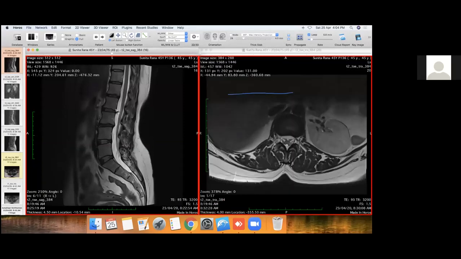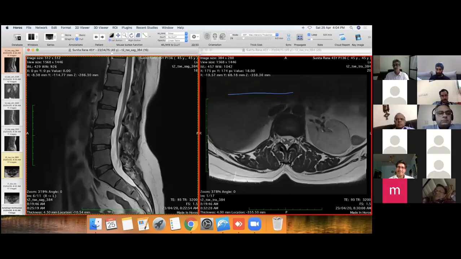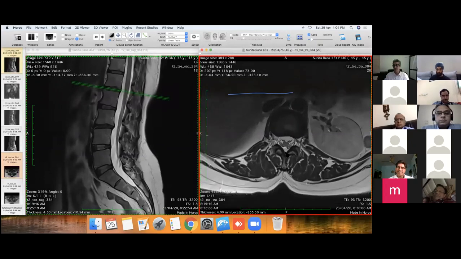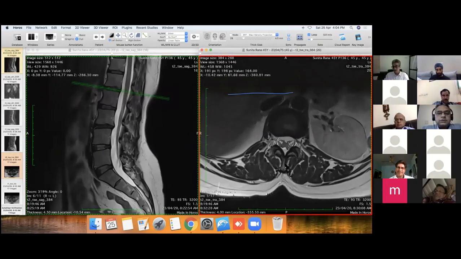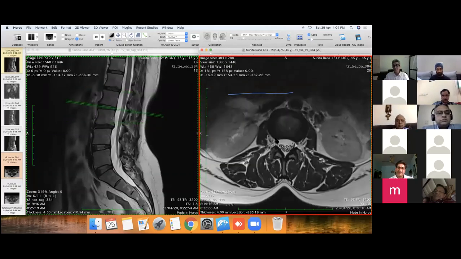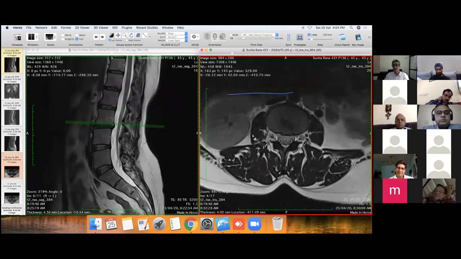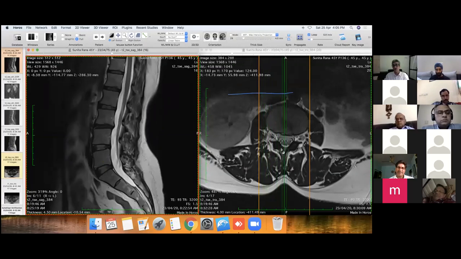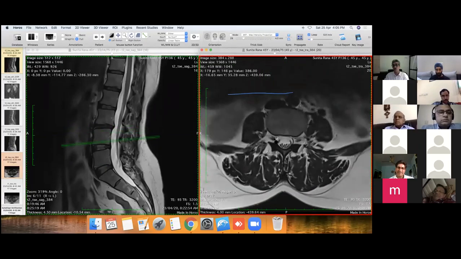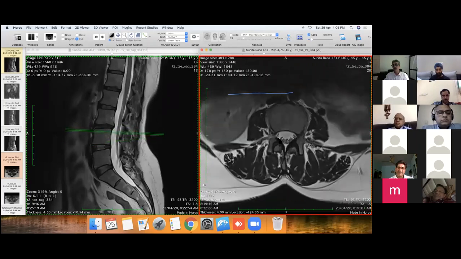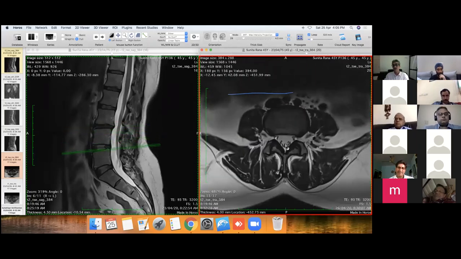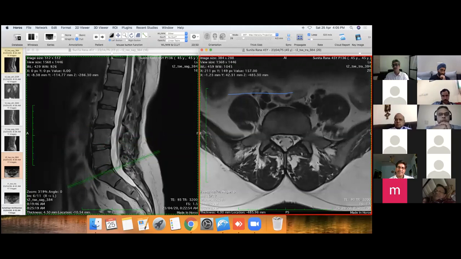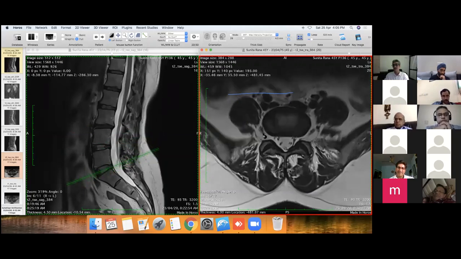So this is a T2 weighted sagittal image, and this is a T2 weighted axial image. Is this fine? Yes. Okay. Now at any one level, one nerve comes out in the neural foramen, and one nerve goes down and comes out at the next level. So usually a nerve which is in the lateral recess, now this nerve is in the lateral recess, this is traversing, and this nerve is exiting.